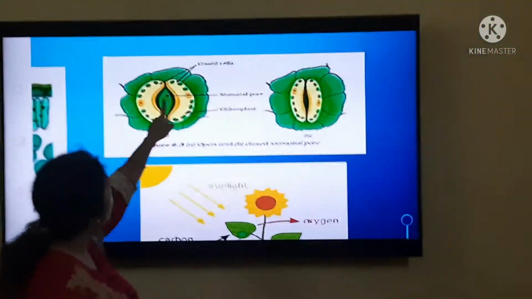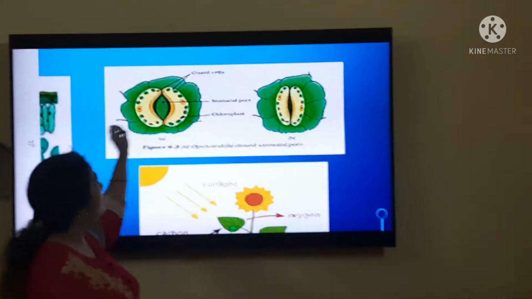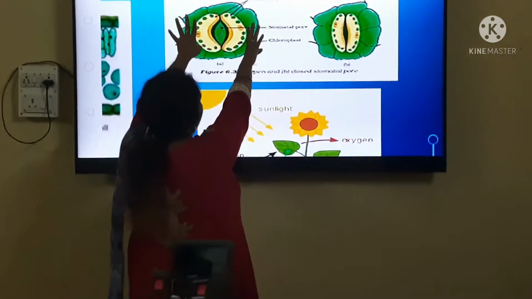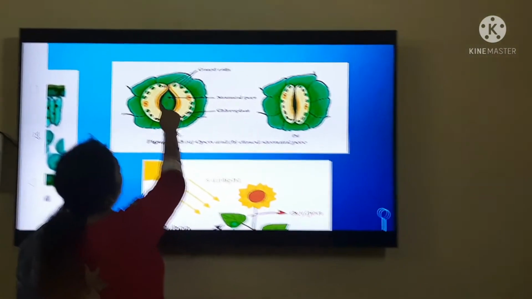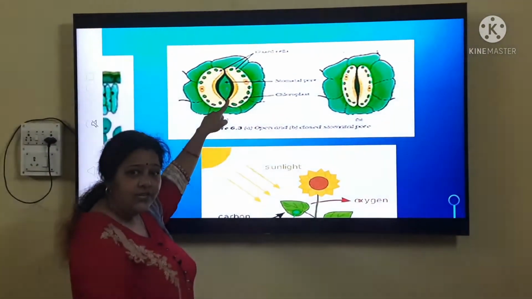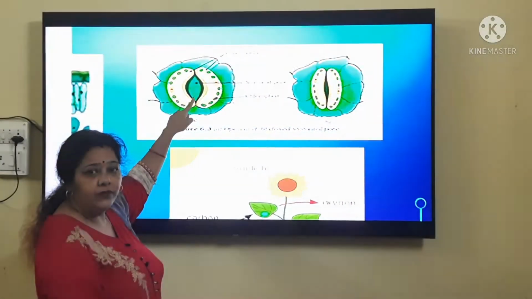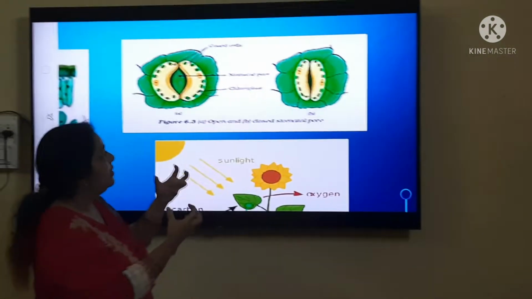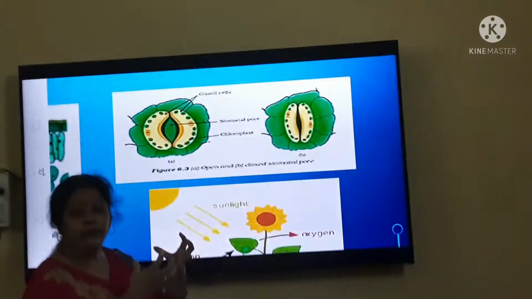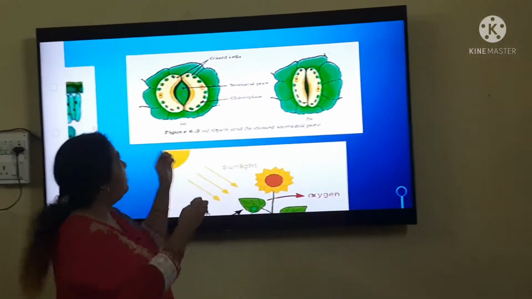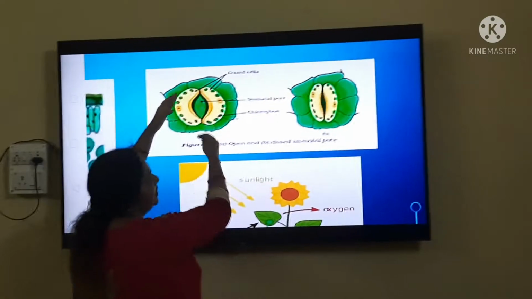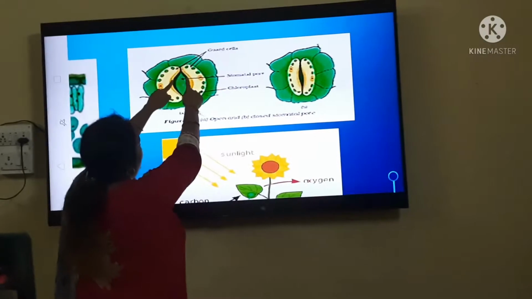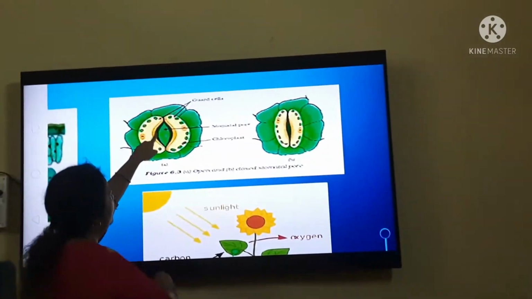So here this bulged one is because it is having water inside it. Water has gone inside it, and so this has bulged. It will stretch, and when it is stretching, the pore is opening. Is this much clear? So here what is happening, when this has become turgid, the key term for this is turgid. It becomes turgid when the water is entering inside it, and then it will swell like this, and the inner layer will be stretched, so the pore is open.